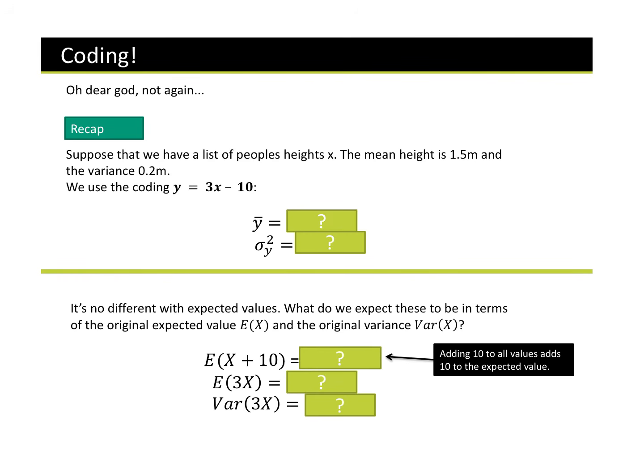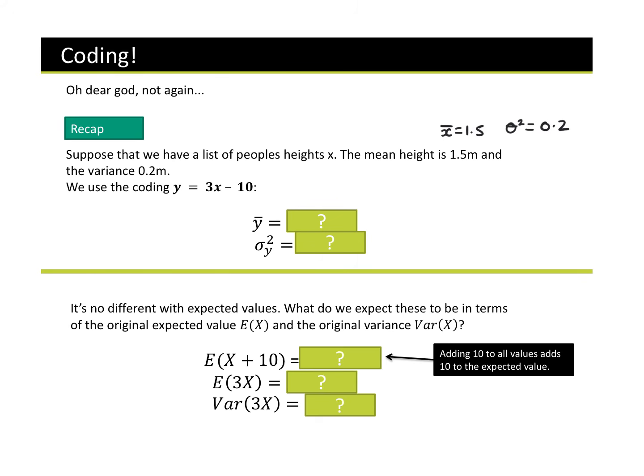Coding, one of our favourite topics. So remember when we coded here, okay? So we have a list of people's heights. The mean of their heights is 1.5 and the variance is 0.2, okay? So the variance is 0.2. Now remember in coding,